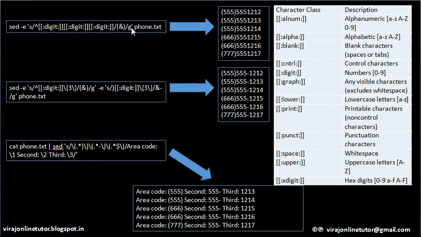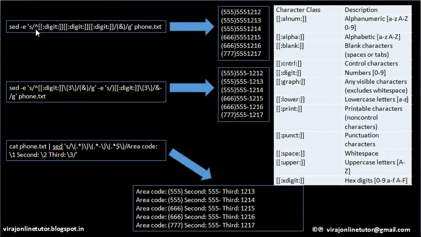and what we do is a substitution globally. How? This is the source expression and this is the target expression. We have a substitute, s, slash sign. This is the source pattern that we need to compare, slash sign, the target pattern that we need to replace with, slash sign, and g. g means global, s means substitution. So we are doing a global substitution with this source pattern, and we replace it with this pattern. What is that? The source pattern I will explain now.